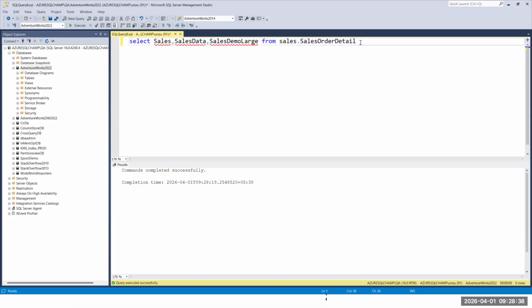It will verify whether this table exists or not, whether this schema exists or not, whether these columns exist or not. Under the semantic checks, it will verify whether the object is available, the table is available, the columns are available.